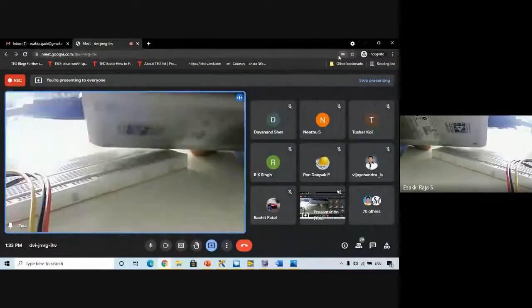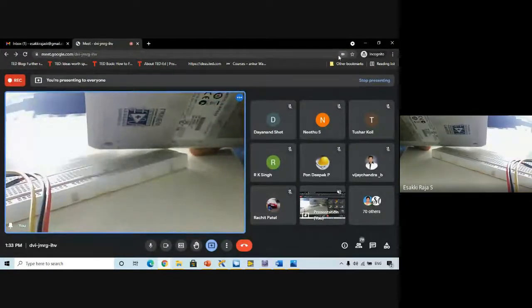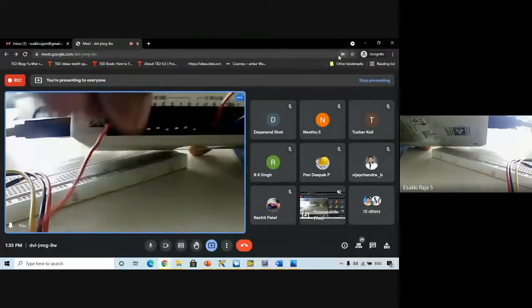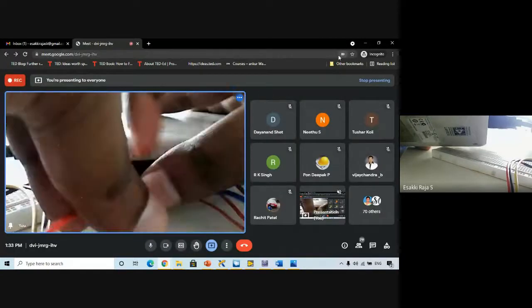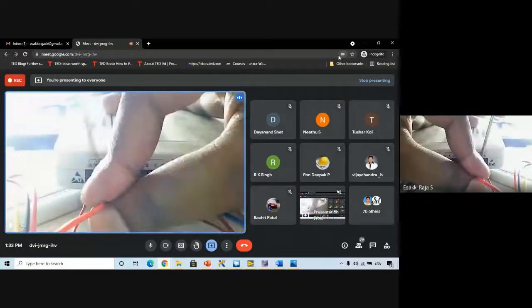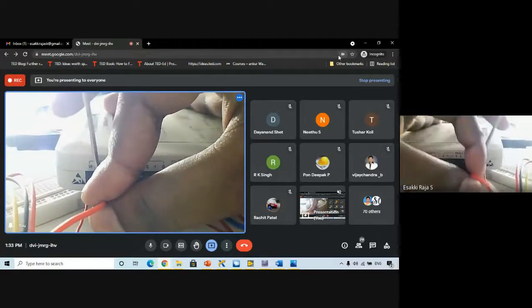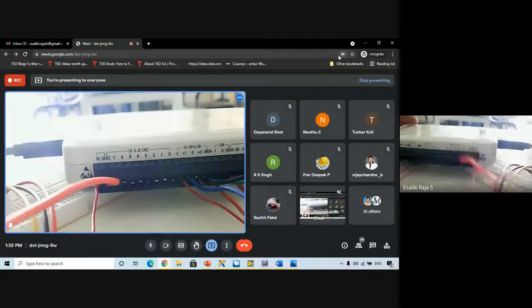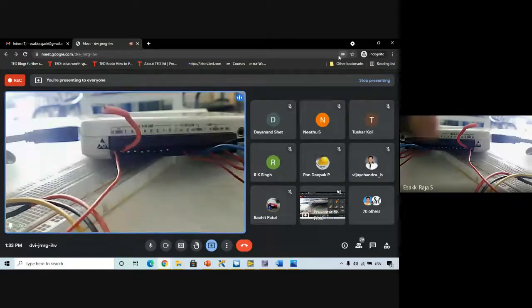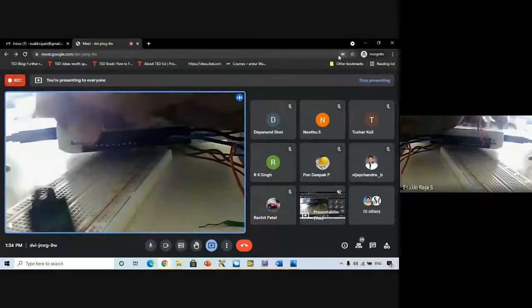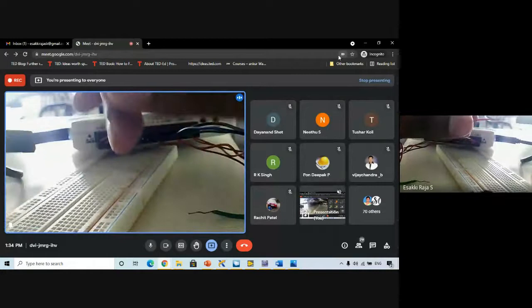That reference terminal is this digital ground. I'll give connection for this digital ground also. Now we have an input, so this wire I can connect to red.